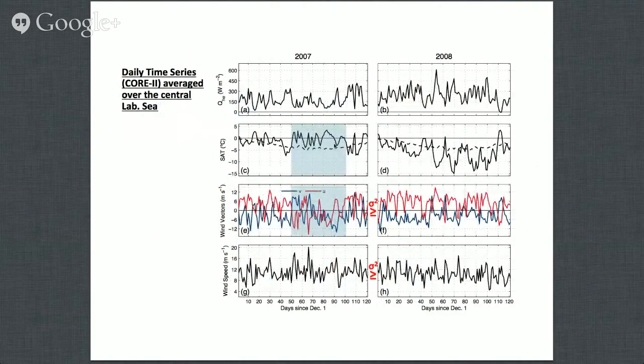Well, if this warming event or warmer condition in 2007 were associated with synoptic storms, then you may expect a higher wind variance in 2007 winter. But both U and V separately, and wind speed, have wind variance equal or stronger in 2007 winter than in 2008 winter. So I don't see any reason this colder condition in 2008 winter is related to storm activity there.